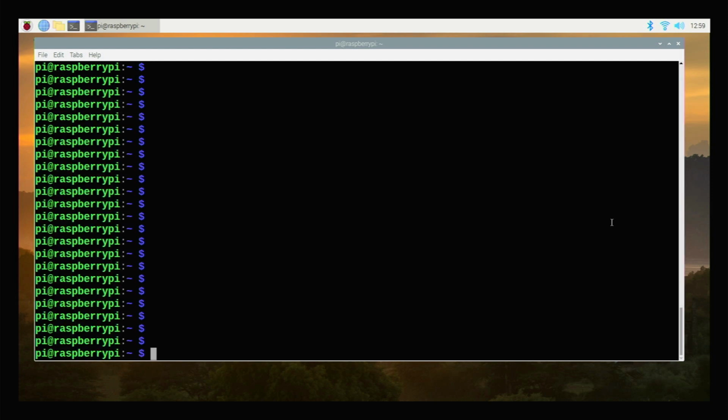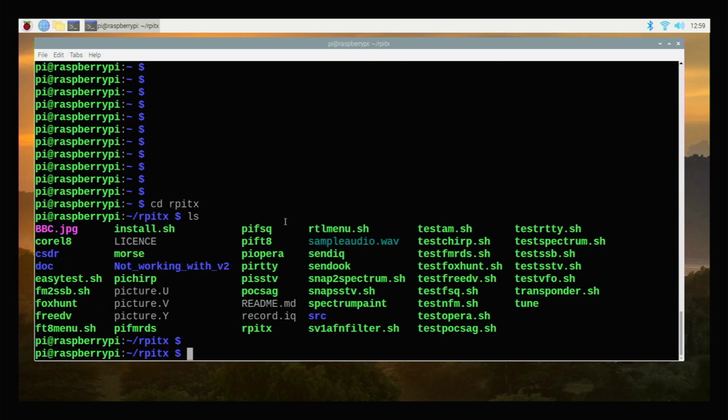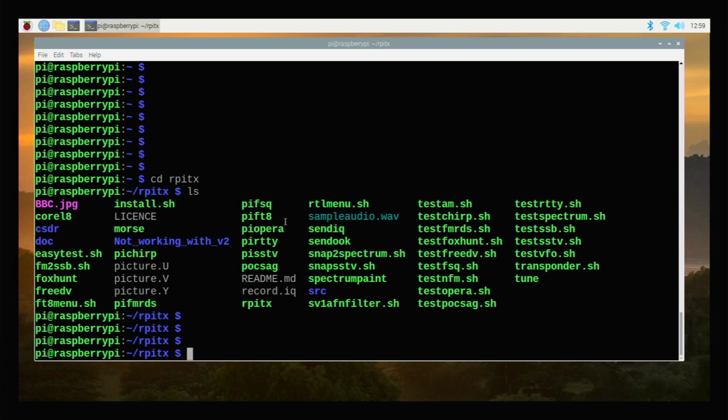Once you have booted the Raspberry again, you can test the RPITX application. To do that, you would have to go to the installation directory, rpitx. As you can see, there are some files here, and we launch the easytest.